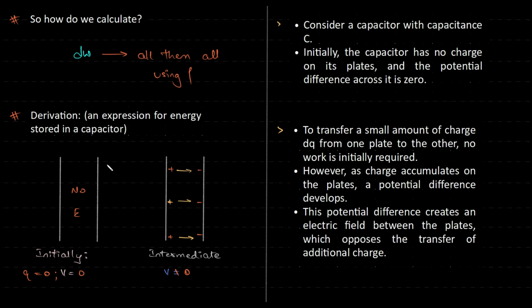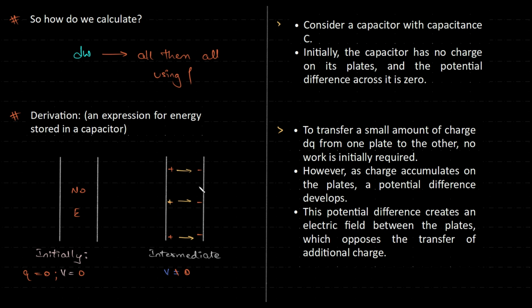Because there's no electrical field over here. So it will go from one end to another end. Again, go back to that topic, so all of these points will make sense. However, as charge accumulates on the plates, a potential difference develops, right? Which is incremental. This potential difference creates an electrical field between the plates which opposes the transfer of additional charges,